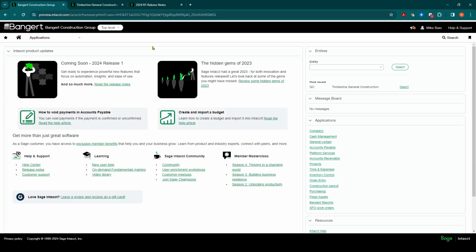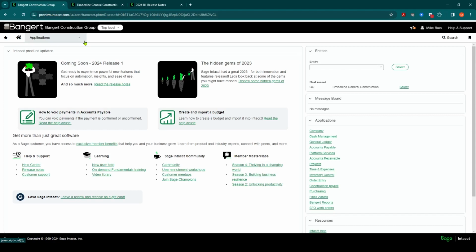The next 2024 Release 1 enhancement we're going to take a look at is related to project billing and over in the order entry module. They now give you an option for how you want to see some information displayed inside your project contract invoices. In previous releases, they have hidden the additional billing summary fields, project change order fields, and some additional fields inside the entry screen for contract invoices.